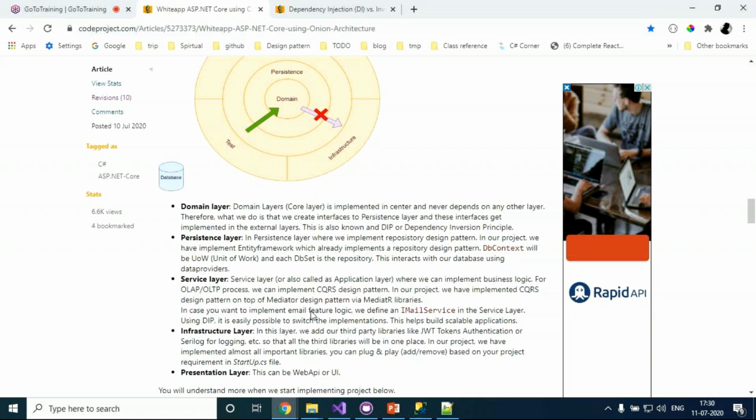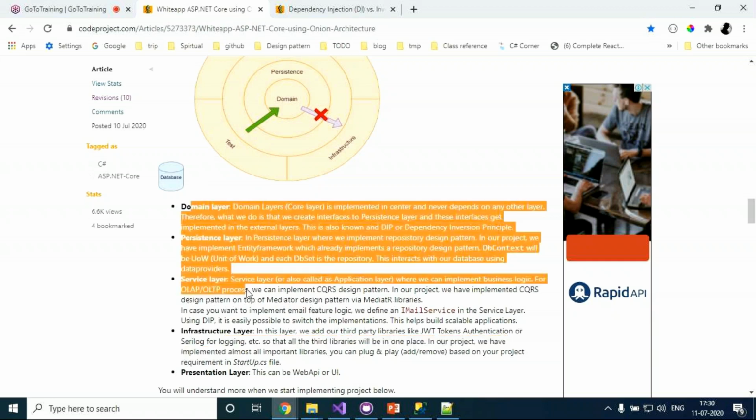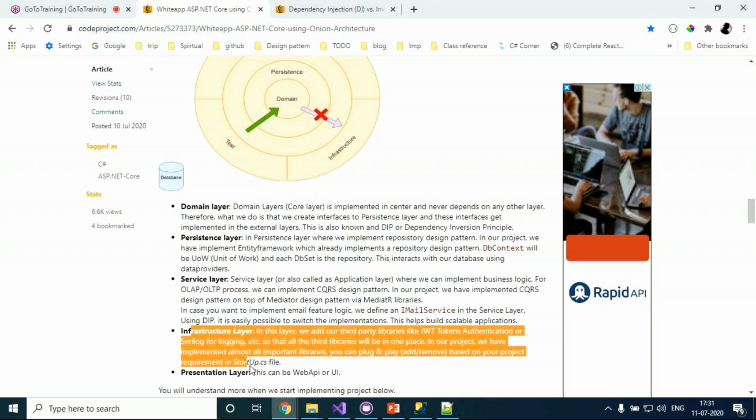And tomorrow, if they say, I want an email feature in my application, email config in a maintenance project, and if you have any problem with the email services, no problem. You can directly come to the infrastructure layer and third party and make use of that. In case you want to migrate to the latest one, it is not necessary to touch all the code. The infrastructure layer will be the one place where you make changes.